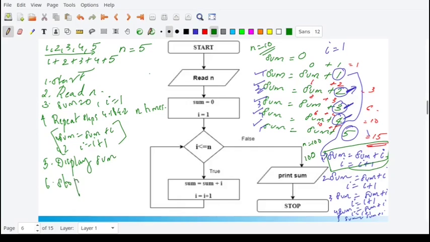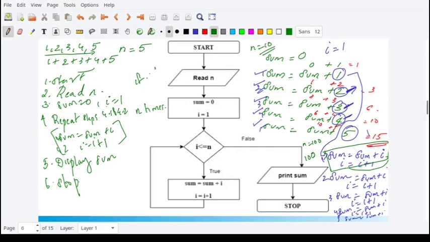Okay. Now, in this algorithm, there is no mechanism to check whether this has repeated n number of times or not. Just writing repeat steps 4.1 and 4.2 n number of times does not make the algorithm check whether it has executed n number of times. Okay. So in order to check whether it has repeated n number of times, you will have to do a checking, using an if statement. Using an if statement, you'll have to check whether you have repeated it n number of times. Okay. So how can you do it using a simple statement? You can check whether the value of I has reached n, right?